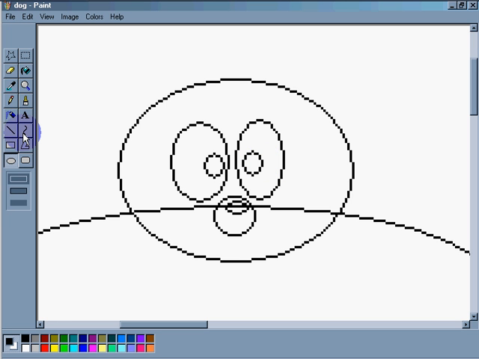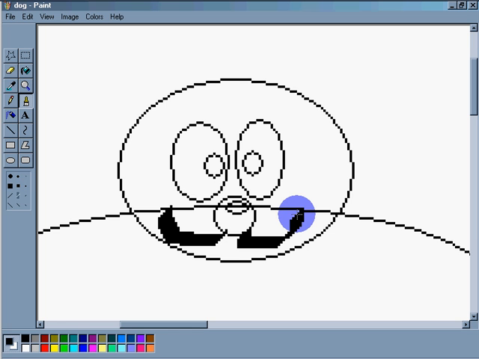Circle. Now I've got the body. Okay, next up, let's take a look. Two circles. We're going to connect the two. Line for the neck. Using this tool again, we're going to swoop it down and give him kind of a